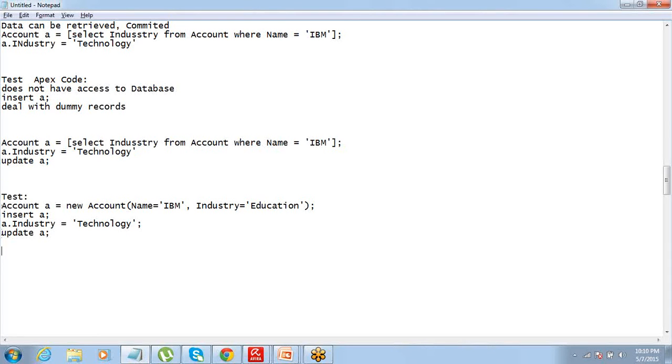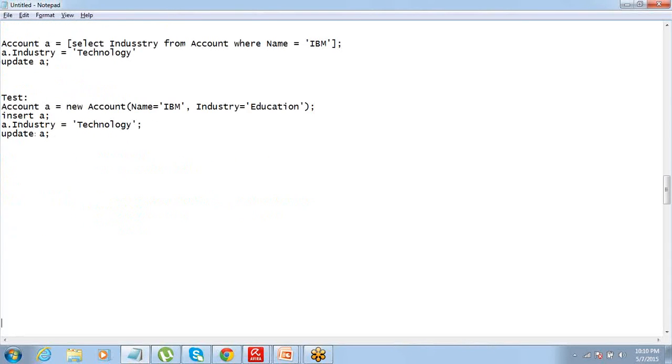Got it? So just that, instead of running the actual method, we write a test method which can be executed as many times as possible without committing or creating or hampering any data in the database, and it can give the code coverage to my actual method. That's it. So just think of it as a sample dummy method.